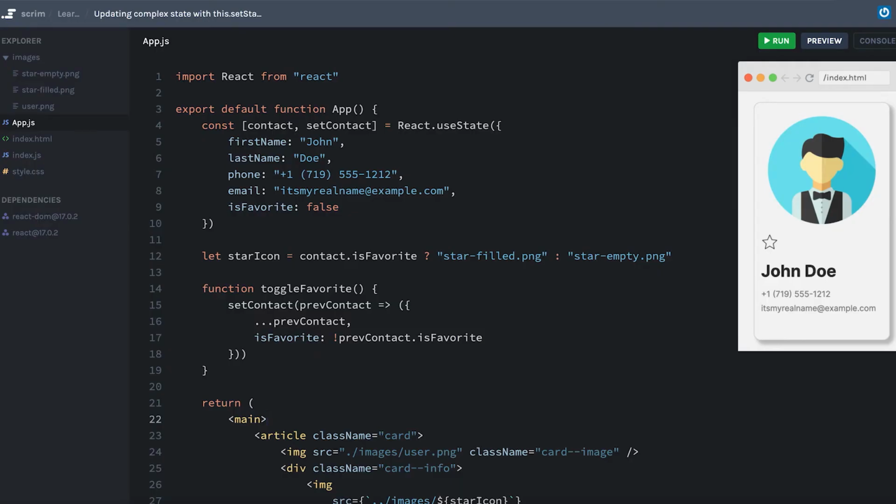If you have already used React.useState and used the setter function to update a more complex piece of state like an object, you might already be familiar with the idea that we need to make sure to copy all of the other properties of our original object over before making the change to just the one property that we want to update. In the example of our contact card, we have a lot of properties that exist in our state,